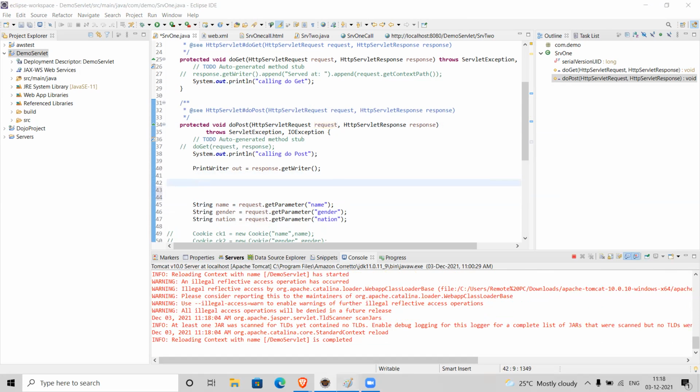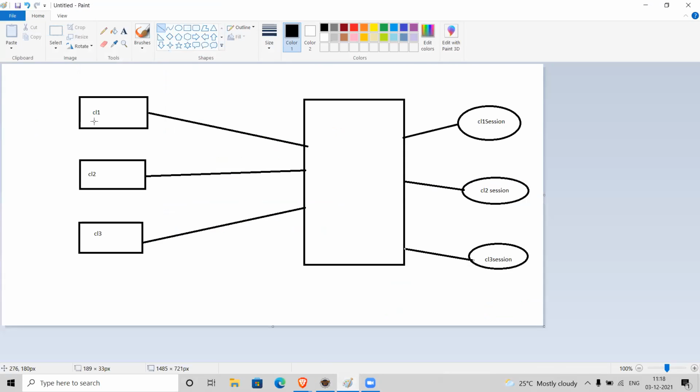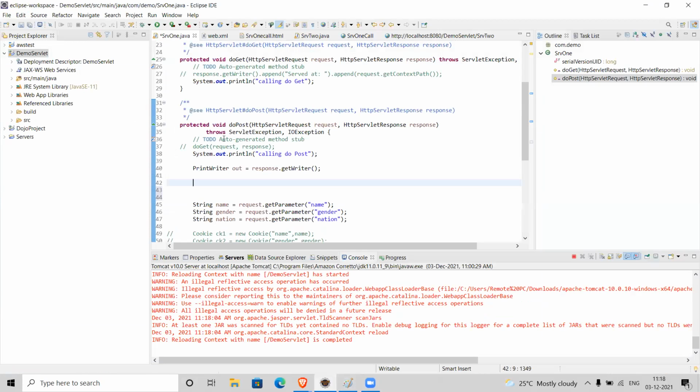As I explained in this diagram, whenever I send a request from CL1, this web server will create a session related to client 1, right? So when I use this application, by default the server is creating a session related to client 1.